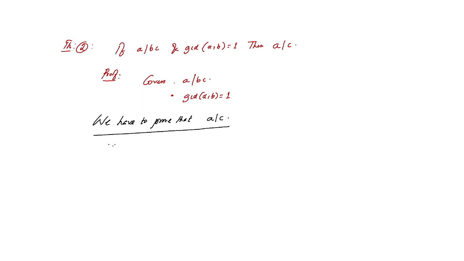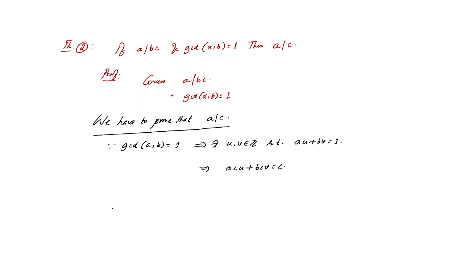Since GCD of A, B equals 1, what exactly does that mean? There exist integers U, V belonging to Z such that AU plus BV equals 1. I am just using the previous theorem. And from that, we can write ACU plus BCV equals C, for any integer C. (star)